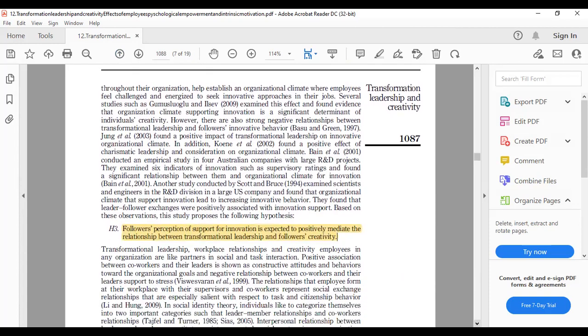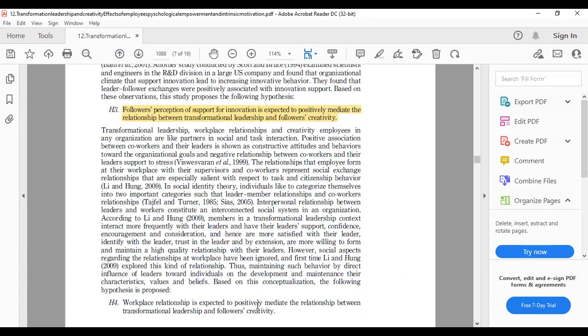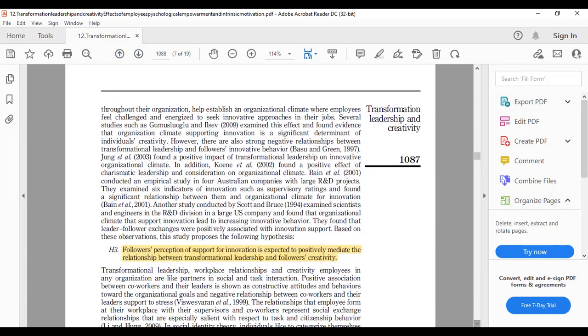Here you can see, here we reached copy, and then you can see the methodology start.